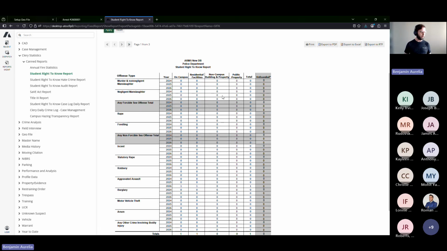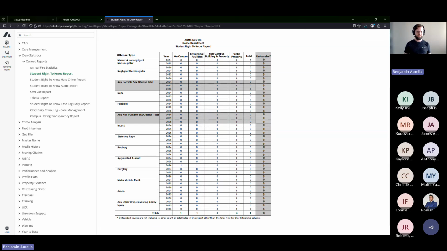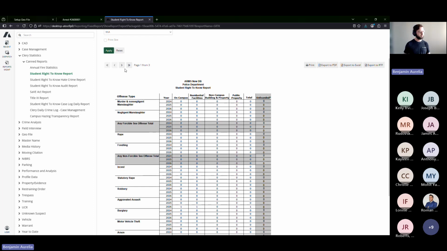So we're looking for our 1 aggravated assault. We get right here, and we get a 1 for on campus and a 1 for our residential facility. That's all counted up in my totals here. I've only got that one case in here, so that's all that's showing up, but it tallies it automatically into my total. And if I go over to page 2,